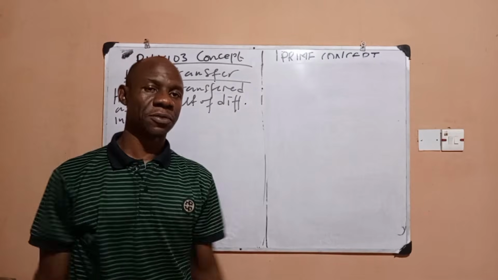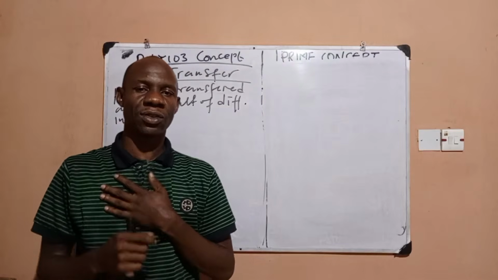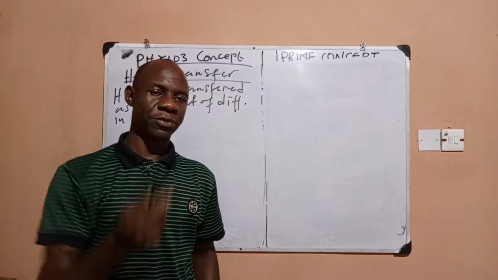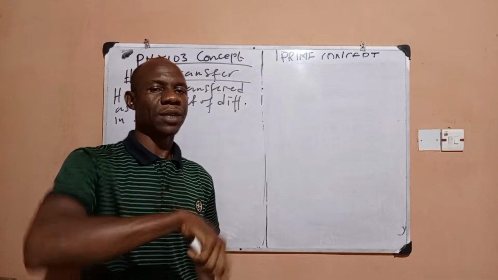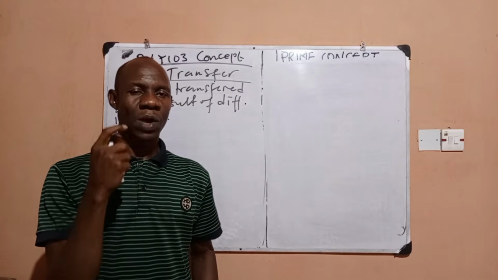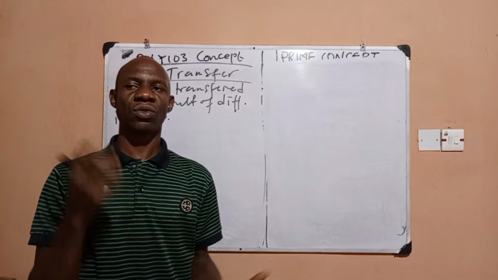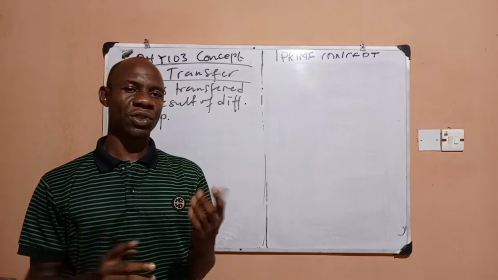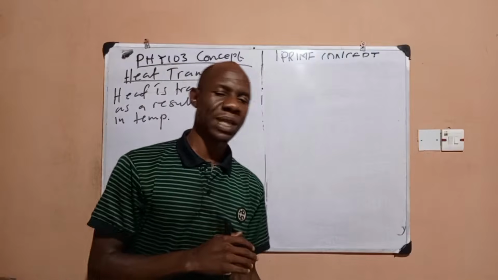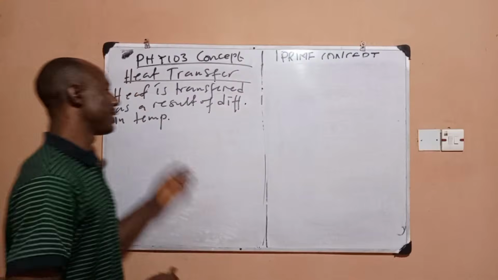And this is the same reason for which if you have a hot tea, you want to drink tea, you use the spoon to stir your tea and forget and leave the spoon inside. When you bring out that spoon, you notice that the spoon becomes what? Hot. Why? Because heat has been transferred from your tea, which is at a higher temperature, to your spoon, which is at a lower temperature. So heat transfer usually occurs from high temperature to what? Low temperature. It does not move from low to what? High.